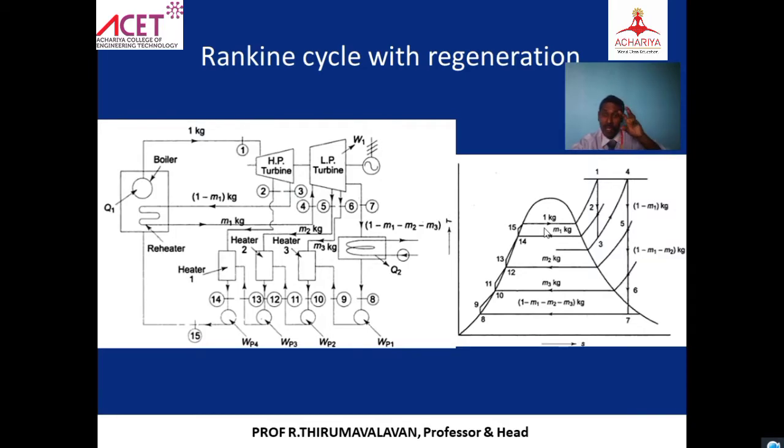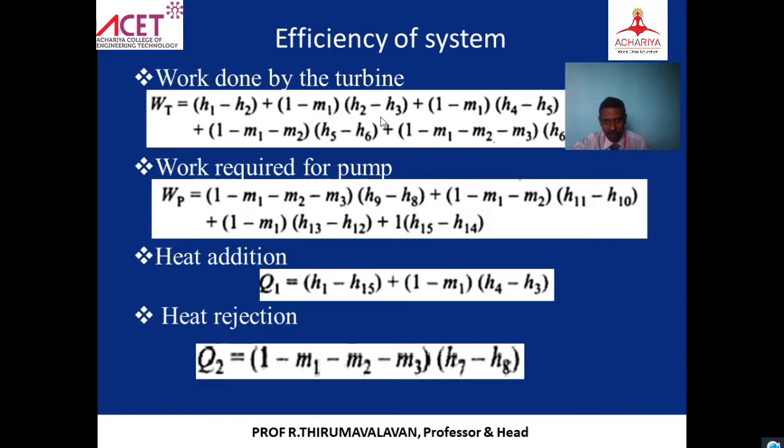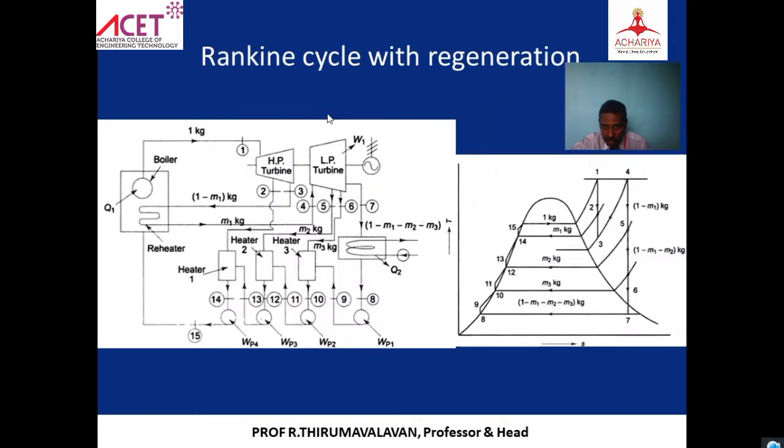So that is happening in the high pressure turbine. So this one, H1 minus H2. After that H2 minus H3, right? And afterwards, even if you see this formula, H2 minus H3 times 1 minus M1 amount. And again if you go for another cycle, this cycle, you can see here, the work done by the turbine is going to be H4. So M1 is already going back. So from H4 minus H5, H4 minus H5, how much amount of energy of steam?